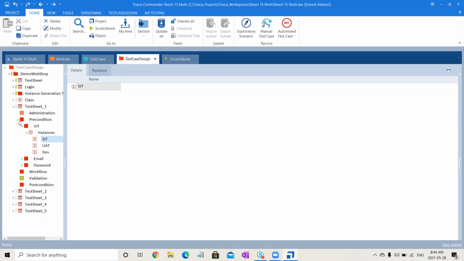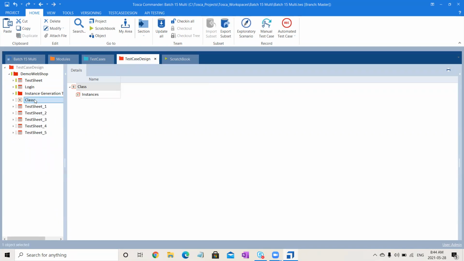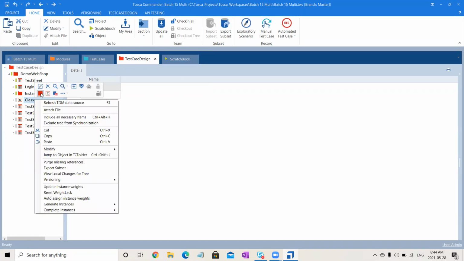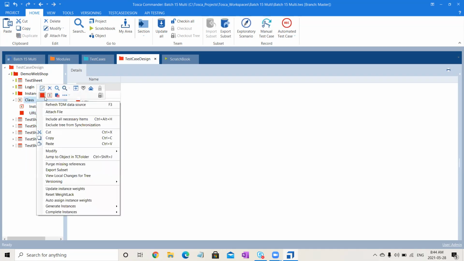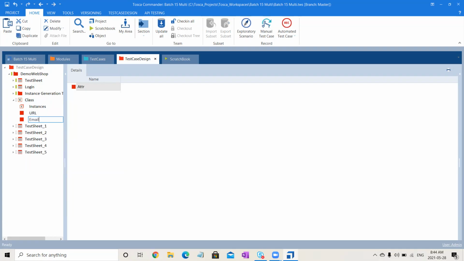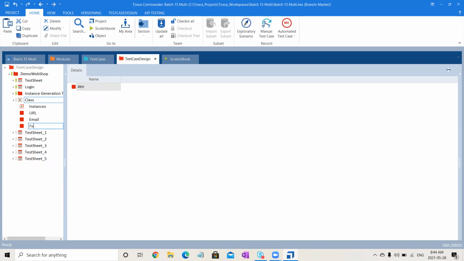So instead of doing that, in a class we will create attributes. You can right click on your class, same as the test sheet. We will create attributes here. What are the attributes that are repeating? URL, email, and password. And what are the instance values that you have? SIT,